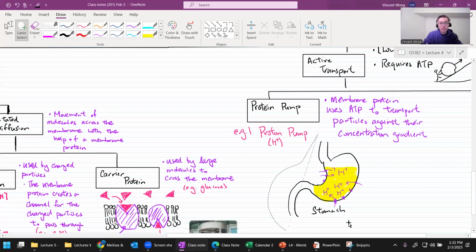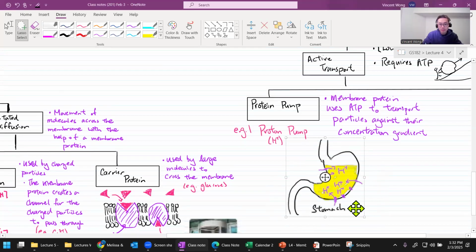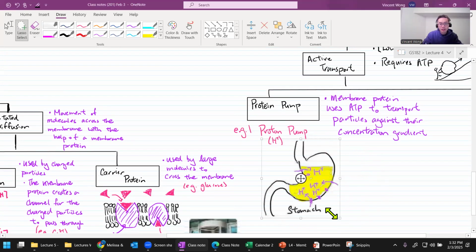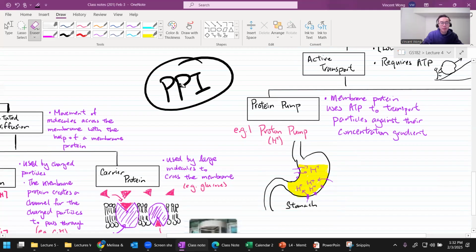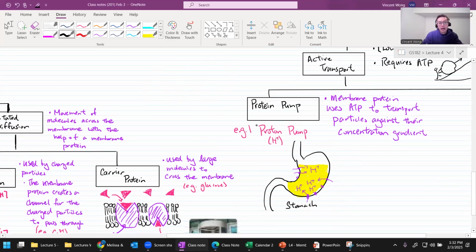People who suffer from heartburn, for example, if they have a lot of acid reflux, have to take PPI, proton pump inhibitors, which basically block these proton pumps and lower the acidity of your stomach. I know because I take some of these things,